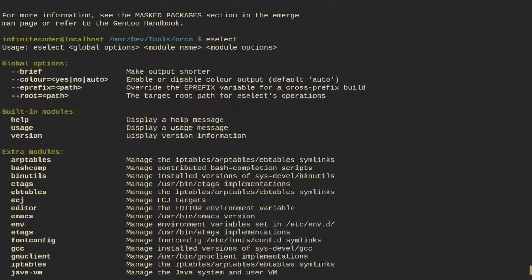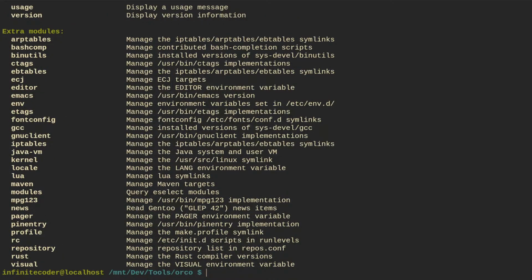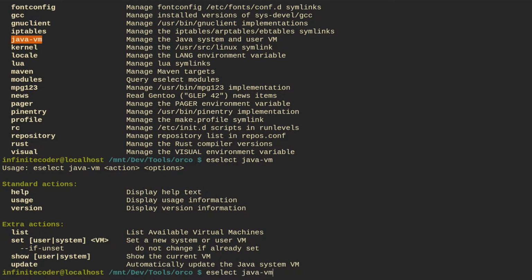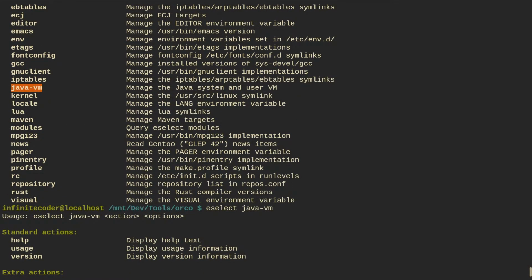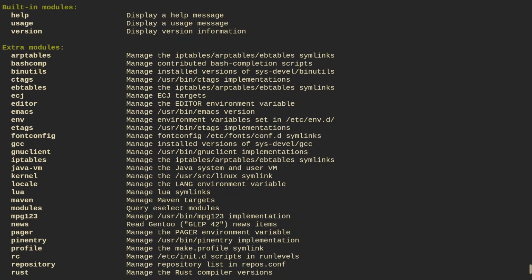Select Java VM. Wait. Oh, just one. Oh well. The kernel. Well, I want to select Rust. Look for Rust or cargo. I mean, I guess Rust. Bash comp, ebtables.